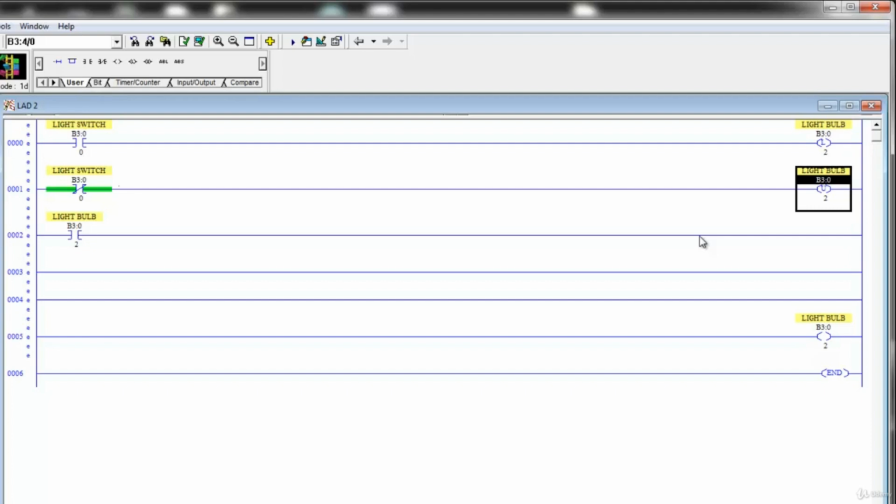And some of these conditions come and go in one scan. In other words, once a light bulb energizes, 6 milliseconds later, the conditions that caused it to energize don't exist